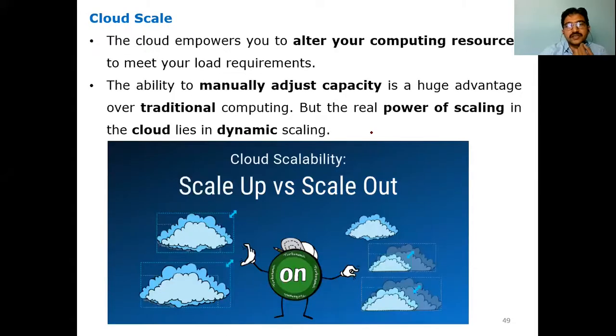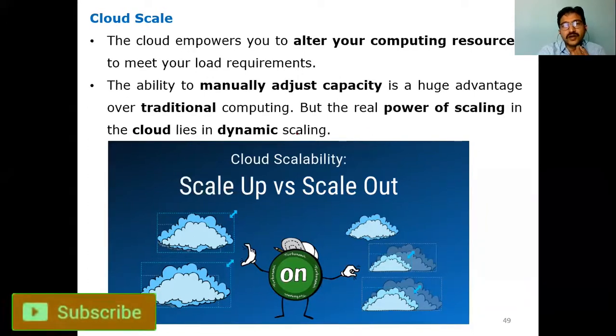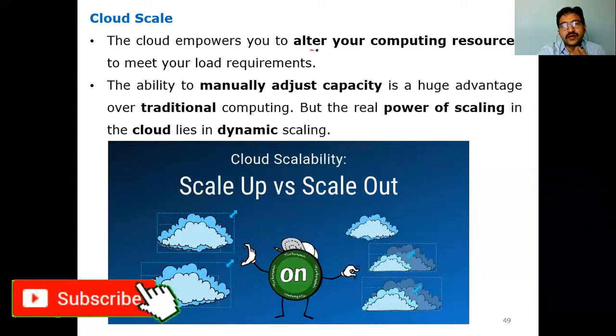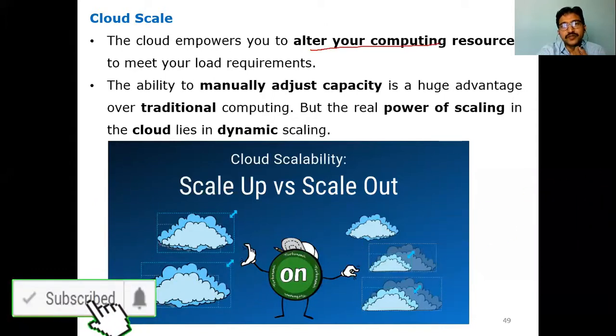Cloud scale is nothing but whenever the demand is more, we enlarge our resources horizontally or vertically. As we have already discussed, enlarging horizontally means adding extra resources, like adding one more server or a printer. Vertical means increasing the RAM and the hard disk. So cloud scale means altering your computing resources to meet your